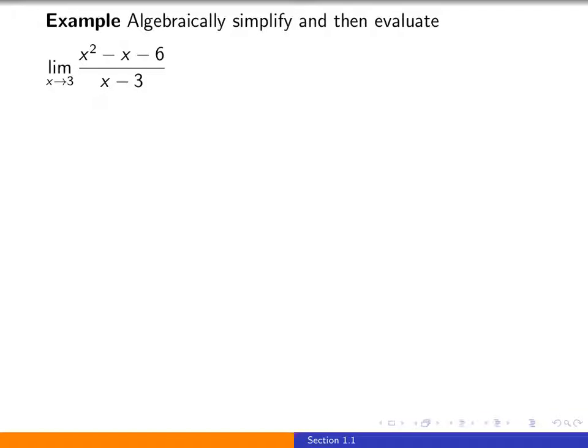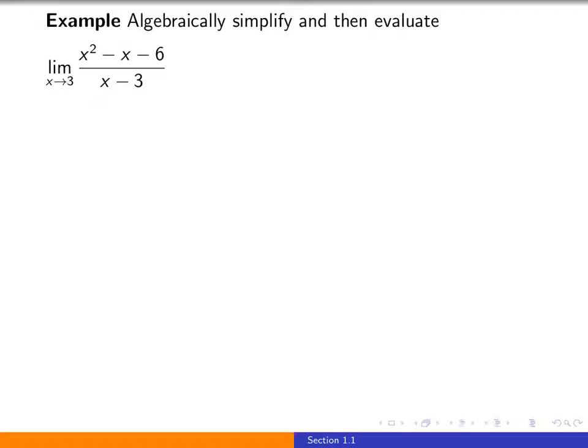In this video, we will determine several limits, and we will approach these from a very intuitive perspective, and we'll bring a bit more rigor through some things that we call limit laws in the next section. But for now, what we're going to do is make use of just algebraic simplification and thinking from an intuitive perspective. So for this first example, let's look at the limit as x approaches 3 of x squared minus x